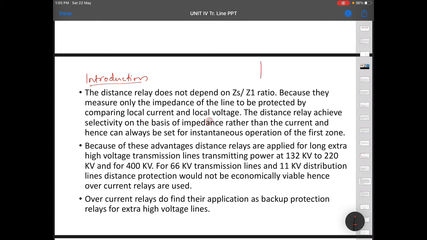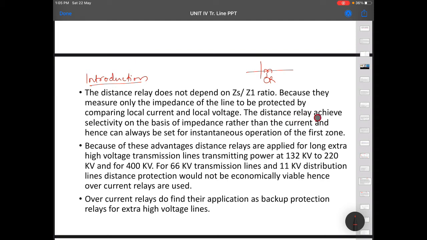That is, wherever the relay is installed, at that point only whatever is the current and whatever is the voltage is measured, and based on that the relay operates.